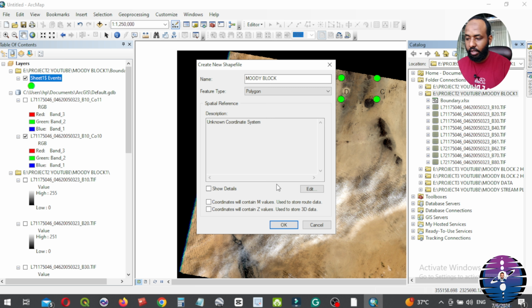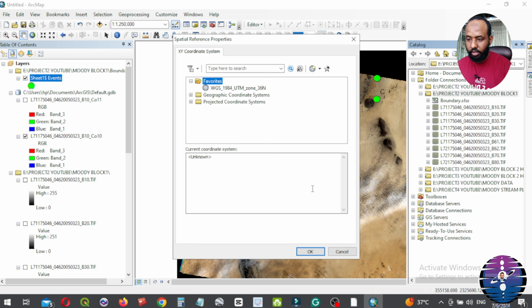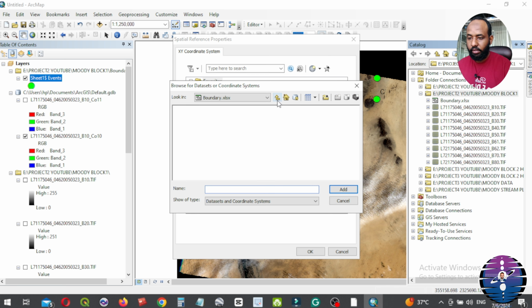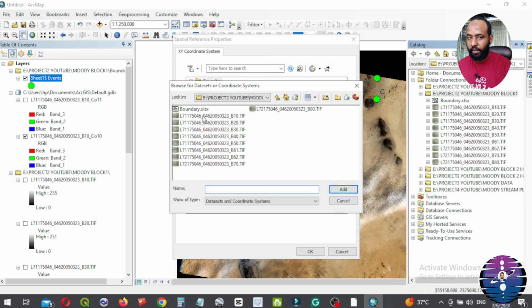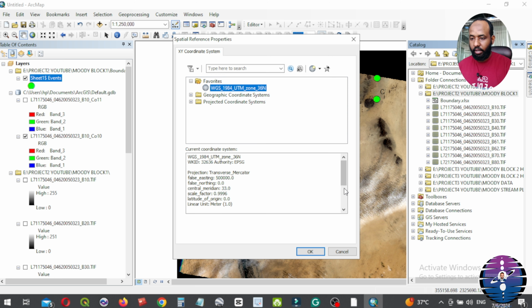Define the coordinates using one of the TIFF images. Go to edit, import, choose one of our TIFF image, add.